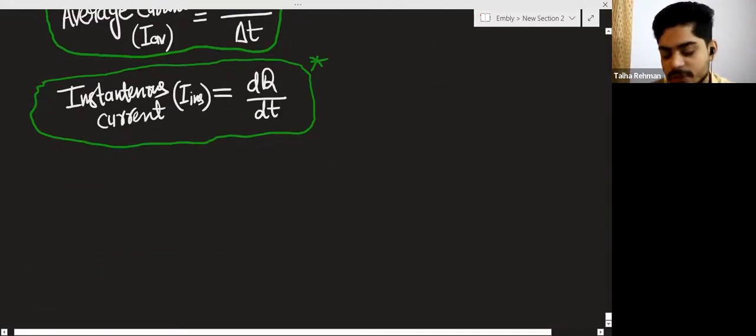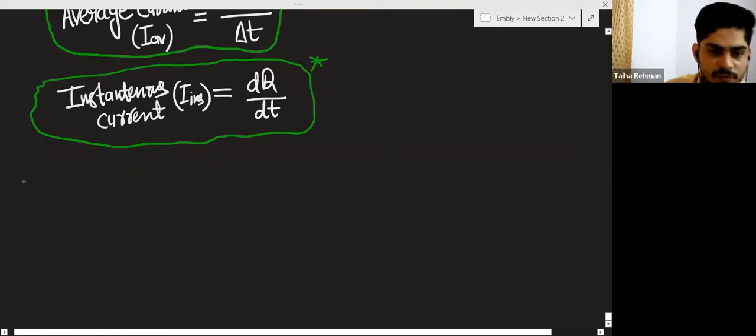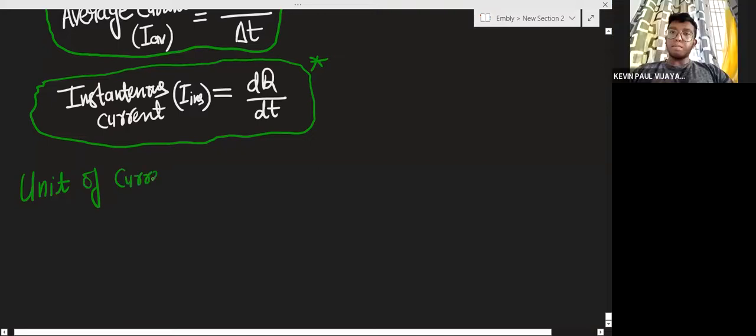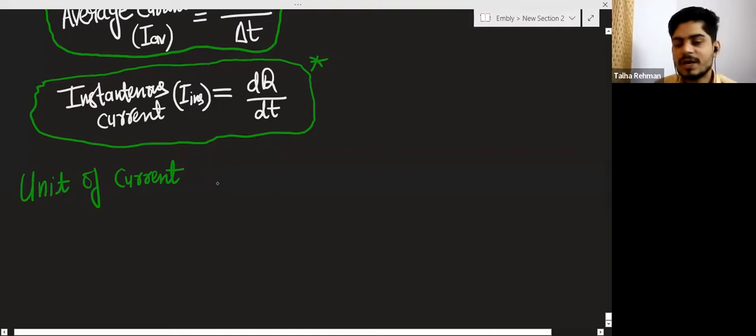Now the unit of force is Newton. Like current also has a unit. So now the unit of current, I am discussing the unit of current. Ampere, yes, you are right. So how can we calculate the unit of current? Current is charge divided by time. The unit of charge is coulomb,